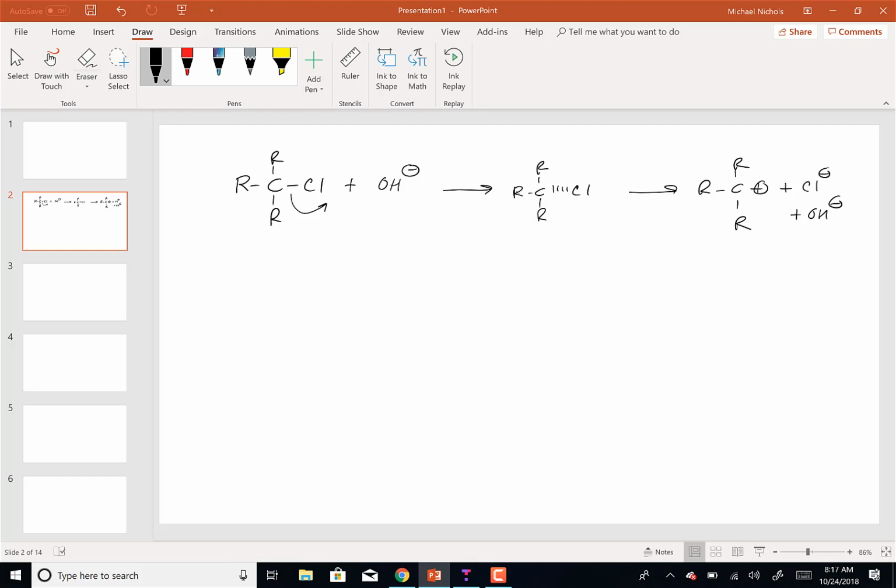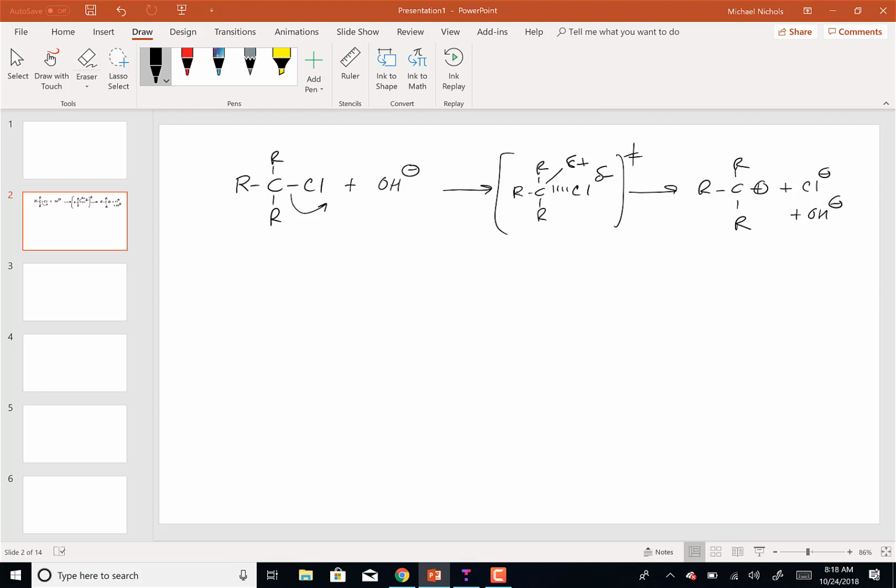How about charges? Carbon 0, carbon +1, the carbon's charge is partial positive, which means delta positive. Chlorine, 0, minus 1, its partial charge, delta minus. Okay? So in the transition state, it is the average of the reactants and the products,